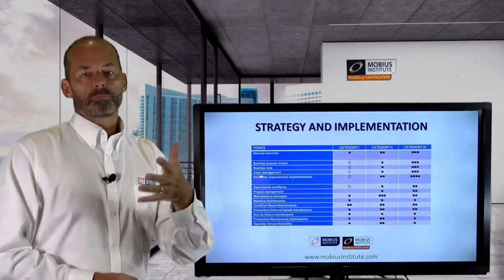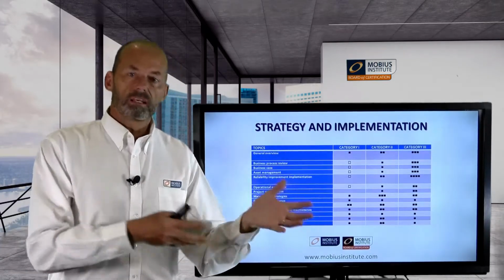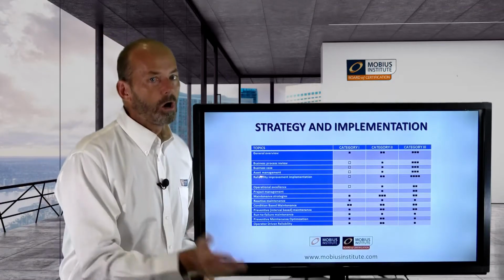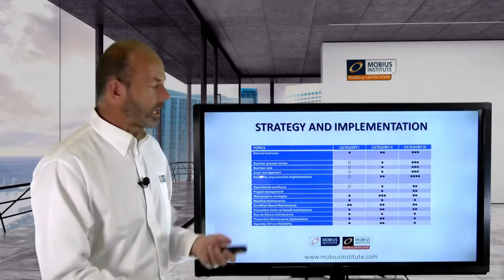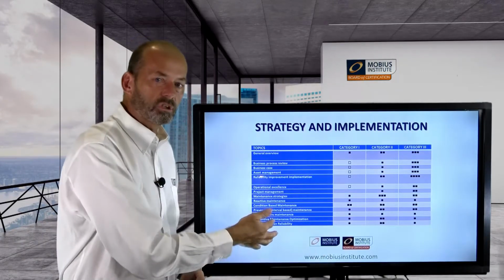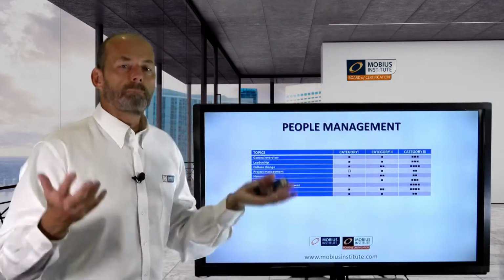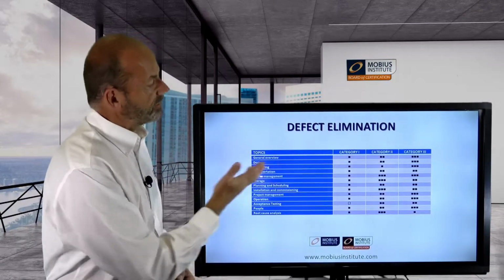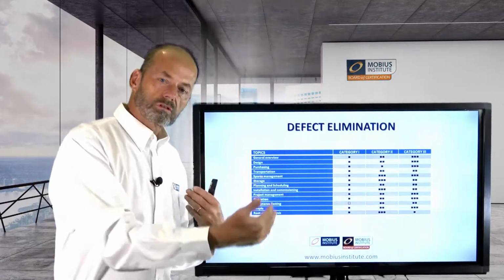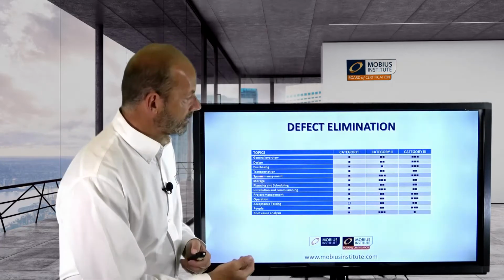So we have developed a very detailed specification for the training and for the certification. Without going into these in detail right now, you see that we've broken it into different areas, the strategy and implementation, and how much a Category 1 person needs to understand, Category 2 and Category 3, but then also for people management, for defect elimination. And you'll see that in some areas the Category 2 person may have more to learn and understand in that area, and in other places the Category 3 person may need to know more.